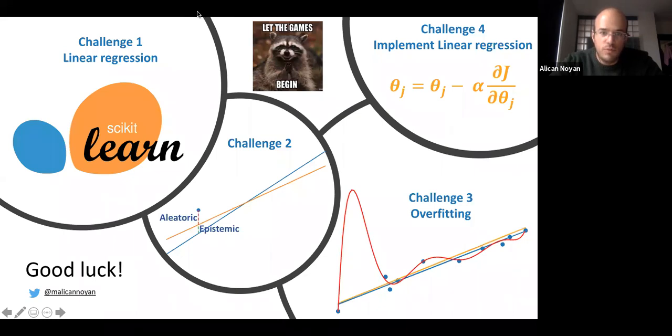Let me stop sharing. Yes, so we can start with the challenges. I think, Alican, you also have one question. Is it a problem if the loss function is non-monotonically